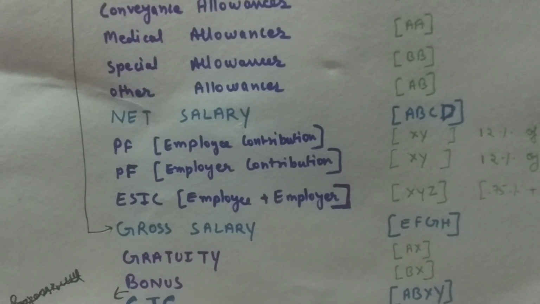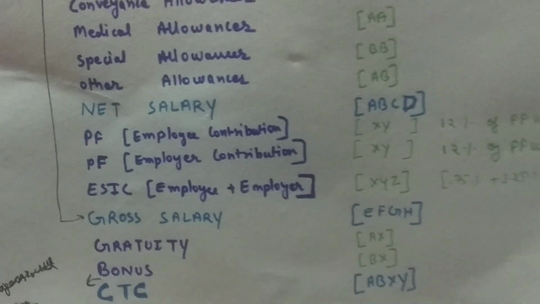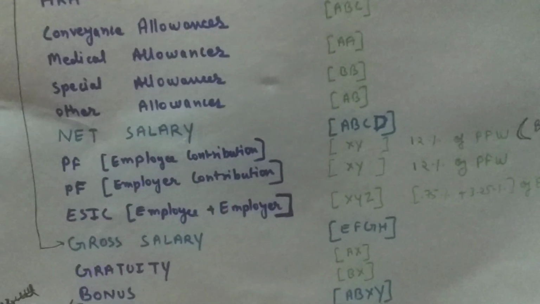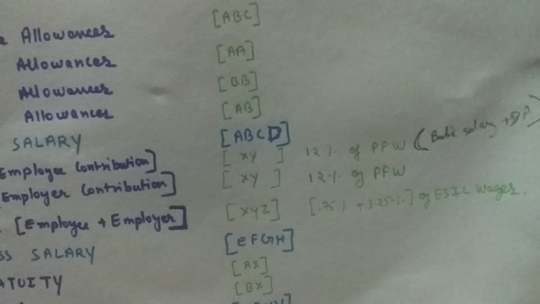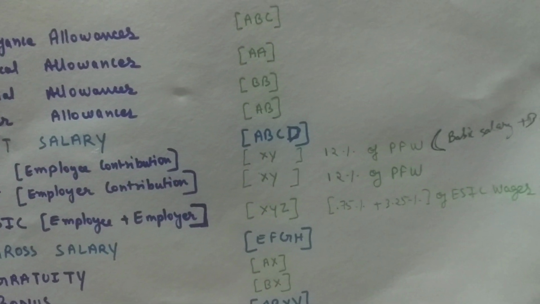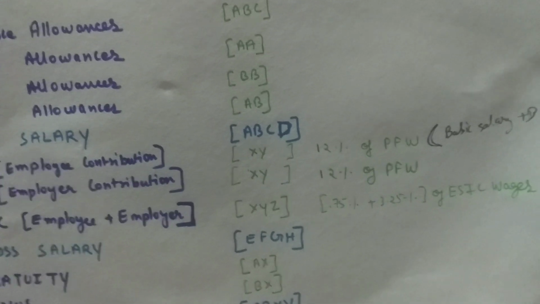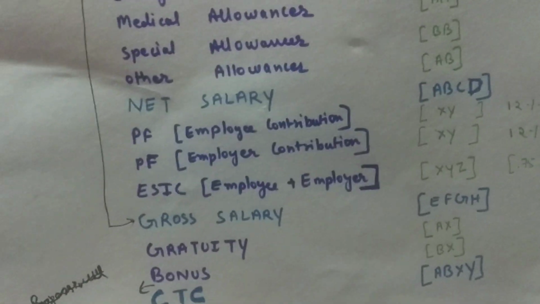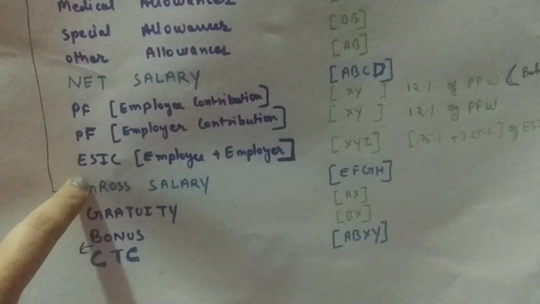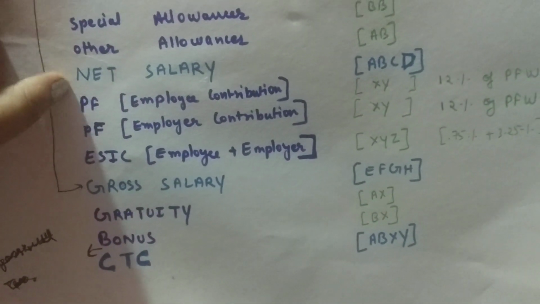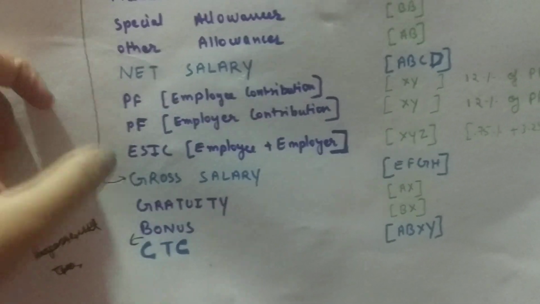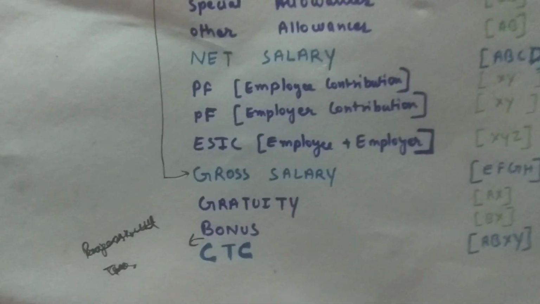Now this ESIC contribution is 3.75% which is contributed by the employee of the ESIC wages, and 3.25% which is contributed by the employer of the ESIC wages. Now in this, including basic salary, all the allowances and PF and ESIC, and here comes another thing,